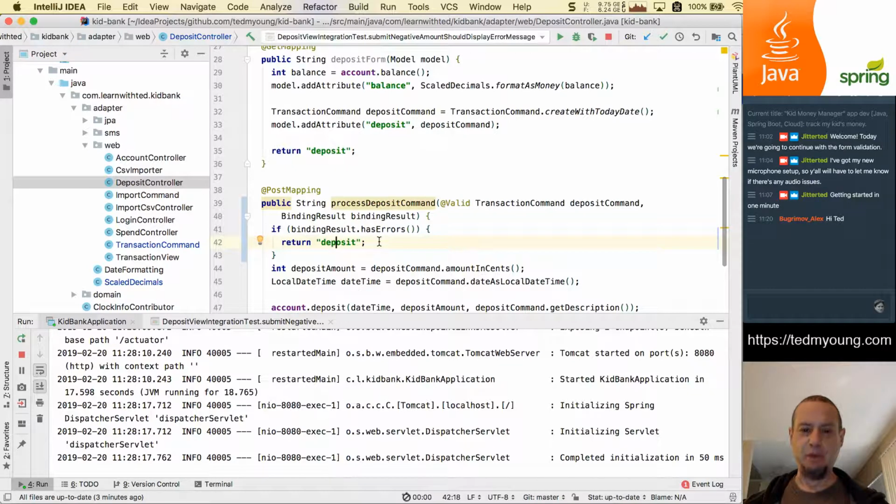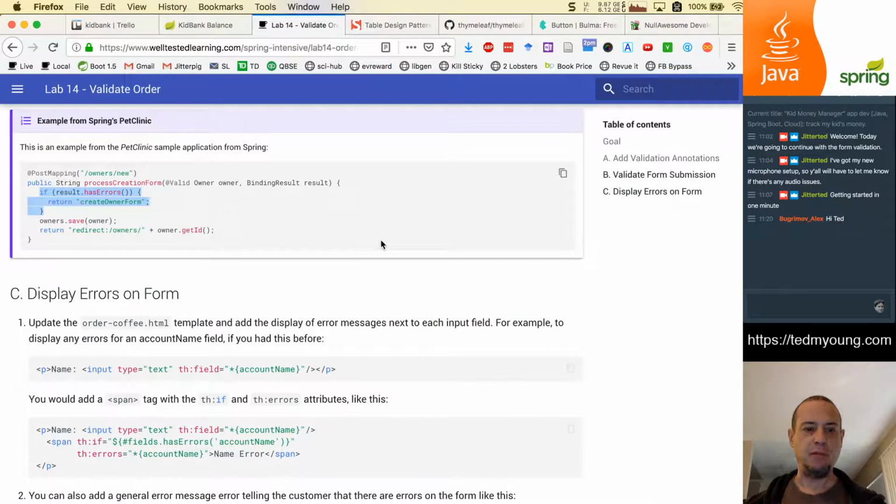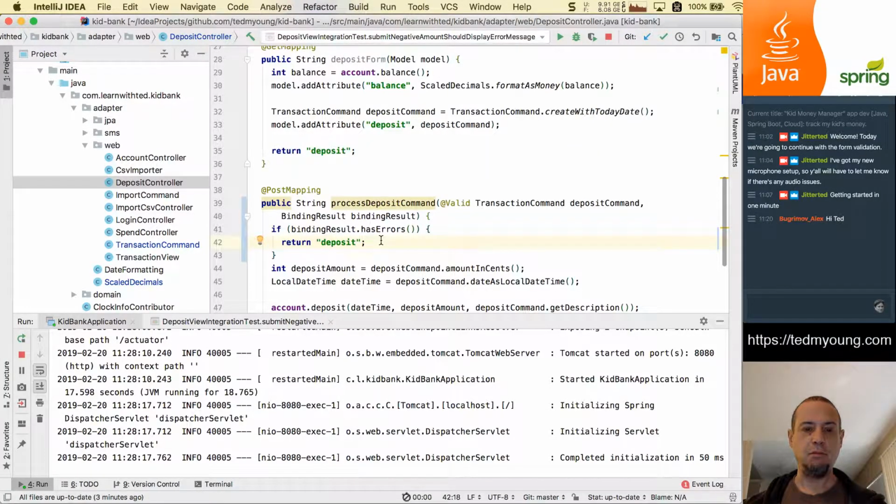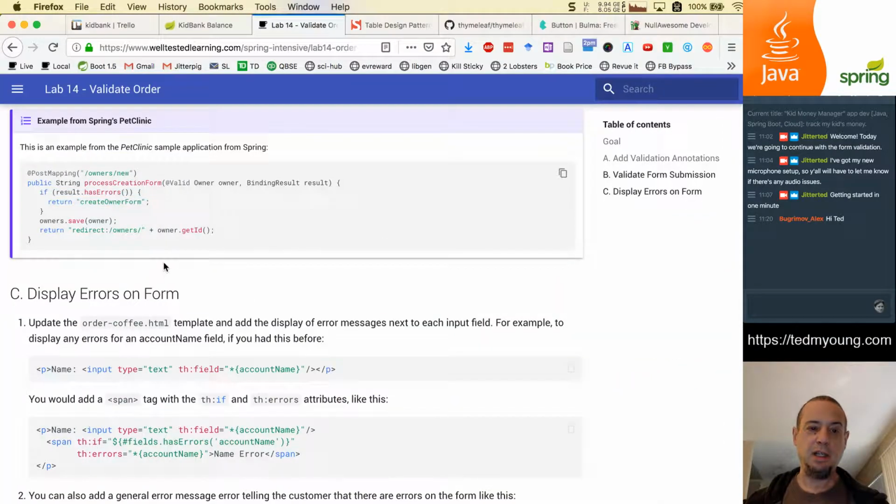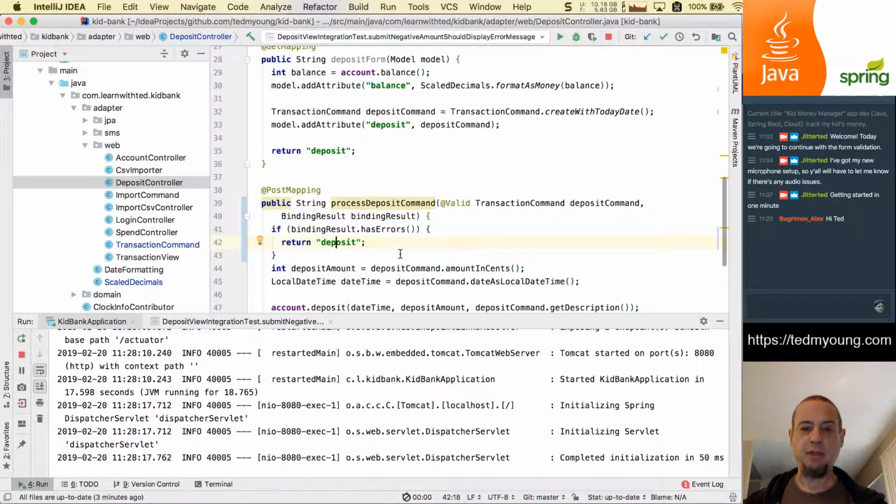So right now what will happen, I think, is that our test will pass because now there will be errors in the model. I don't think we have to put them, yeah. So let's see. We're not displaying the errors on the form yet. We're just basically returning bad binding results. So let's